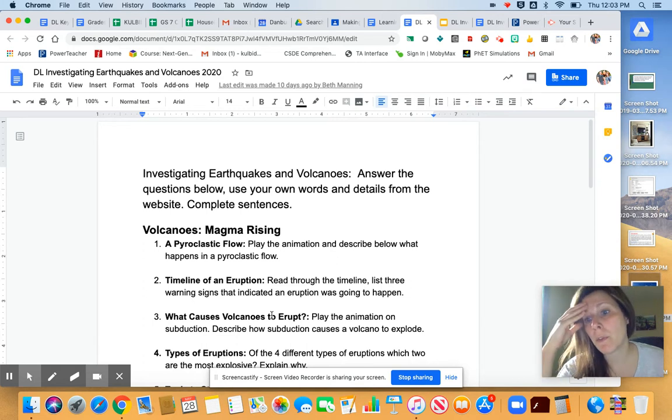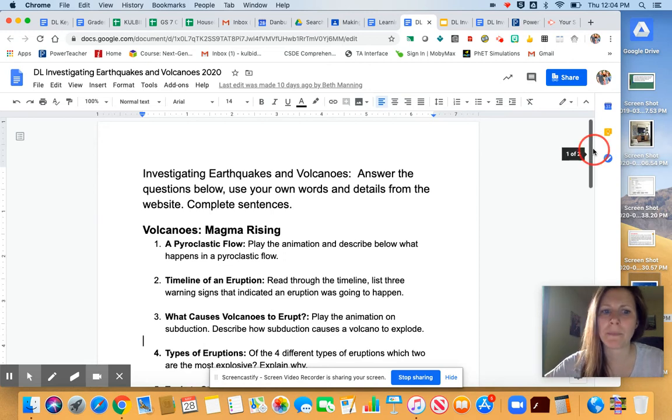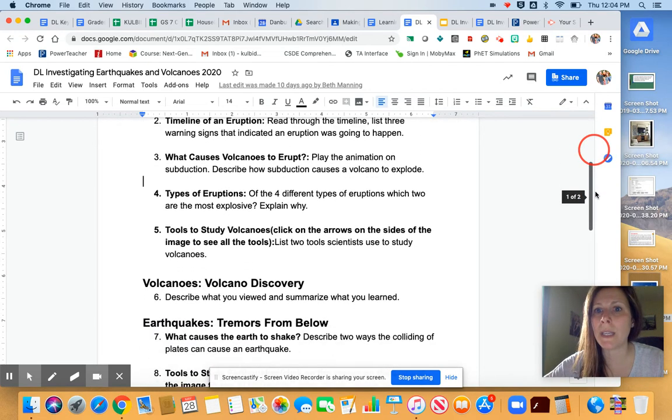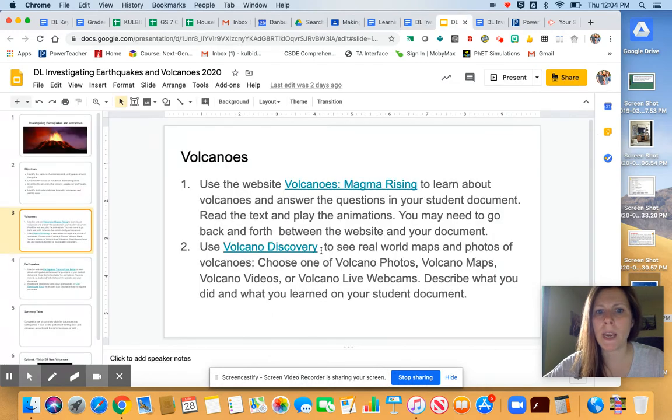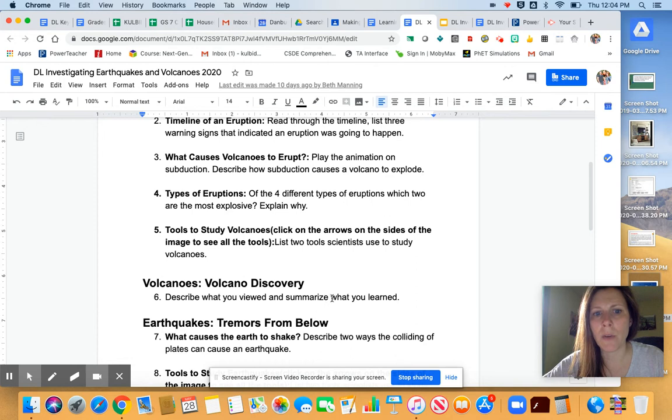Then you're going to talk about the 4 different types of volcanic eruptions and specifically identify the 2 most explosive types of eruptions and explain why. Then you're going to go into the next website, which is here, Volcanic Discovery, and you're going to go back into your document and you're going to